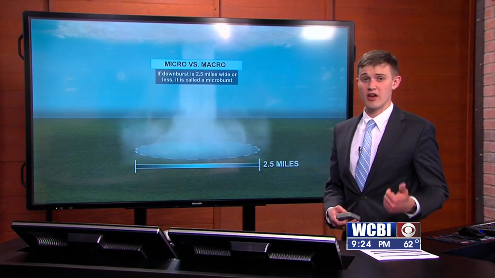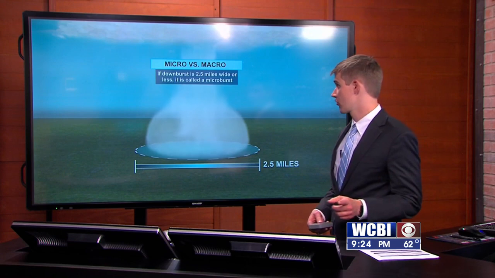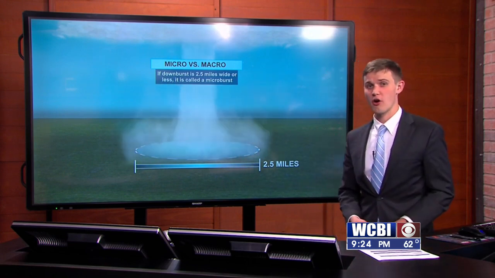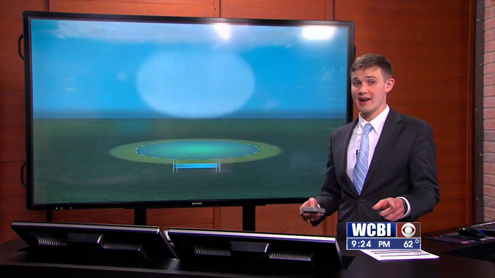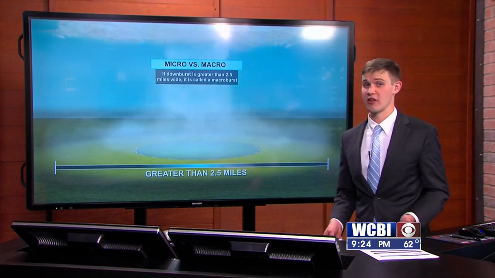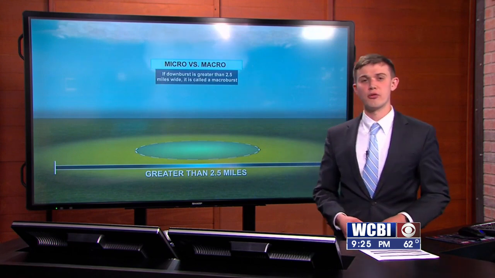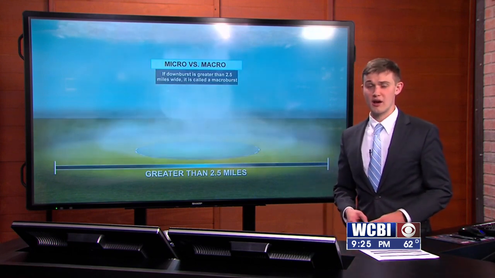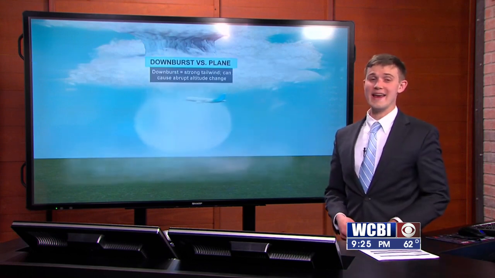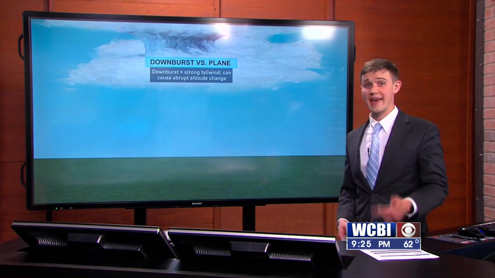These downbursts can be. So there's actually two different types of downbursts that you can classify, and one of them is a microburst. If it's less than 2.5 miles wide in diameter, you call it a microburst. If it's greater than that, if you have a much larger area affected by it, we call it a macroburst. Now the effects are pretty much the same, except that the scale is different for both of these different types of downbursts. And again, you get very, very strong winds moving on their way down, pushing down onto the ground. You can get very, very strong straight line winds coming out of these downbursts.